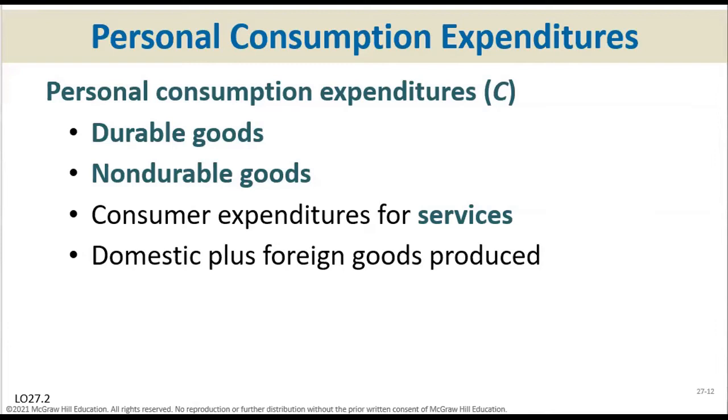And about 60% we use on services, right? So if you hear people refer to the U.S. economy as a service economy, it's because more than 50% of personal consumption goes towards services. Things like your car insurance, right? Your legal fees, right? The bills that you have to pay in your house, right? All those services account for the majority of our consumption.